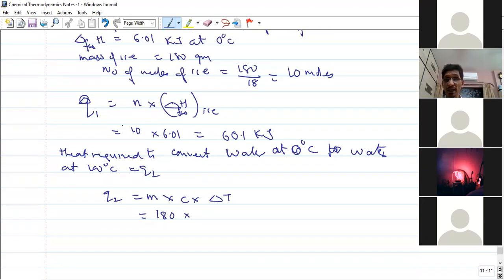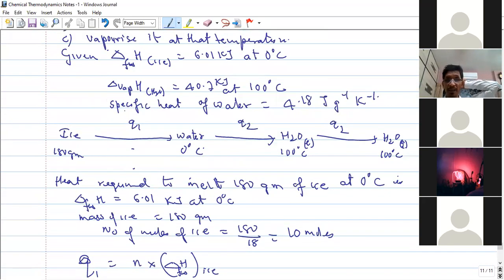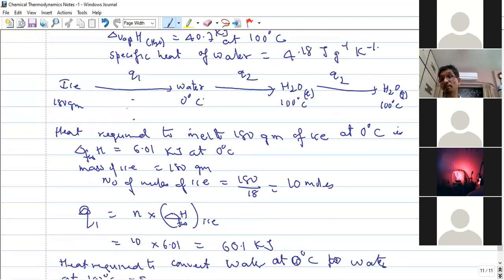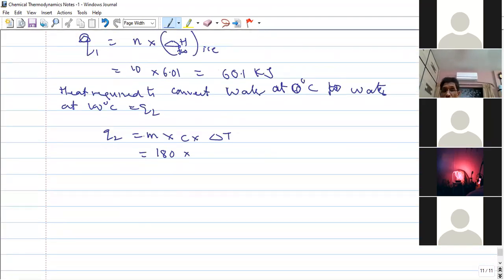Specific heat of water दिया है, 4.18 joules per gram, यानी 1 ग्राम के लिए 4.18 joules लगता है. delta T 100 minus 0, T2 minus T1. So that is equal to 180 multiplied by 4.18. This many joules because C का value joules में।